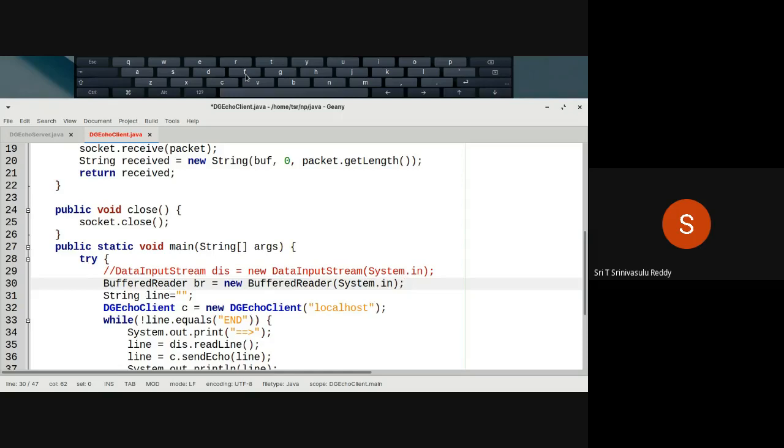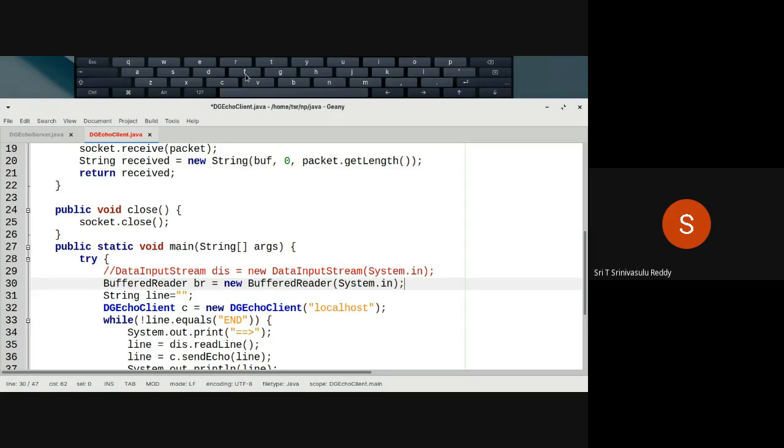Whereas input streams and output streams are more generic, in the sense that you can use the streams both for sending text as well as non-text data. Whereas here, if you directly create a new BufferedReader of System.in, it doesn't accept that, because there is no constructor in BufferedReader that takes a stream object.